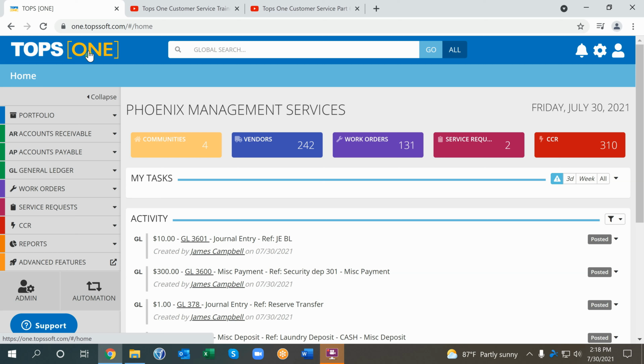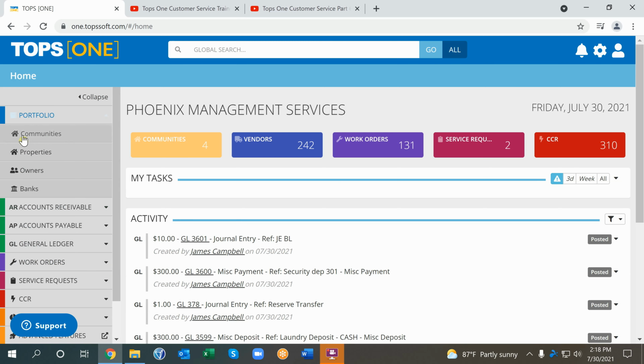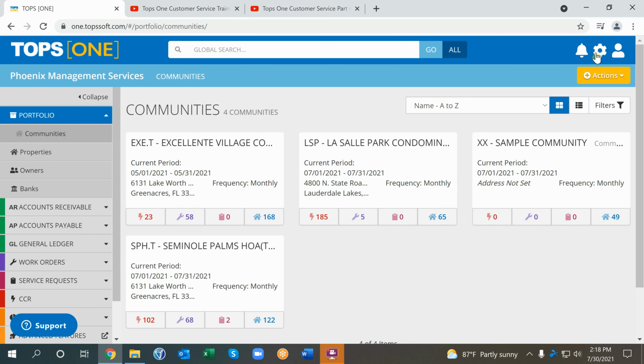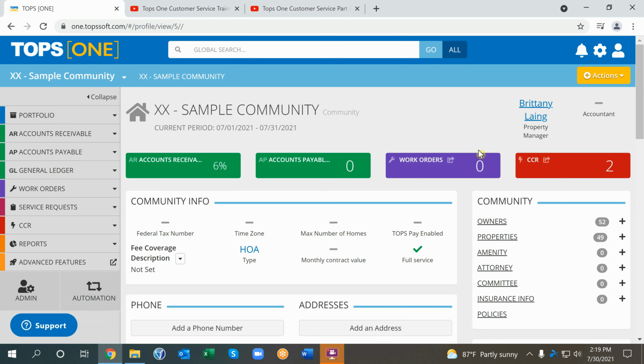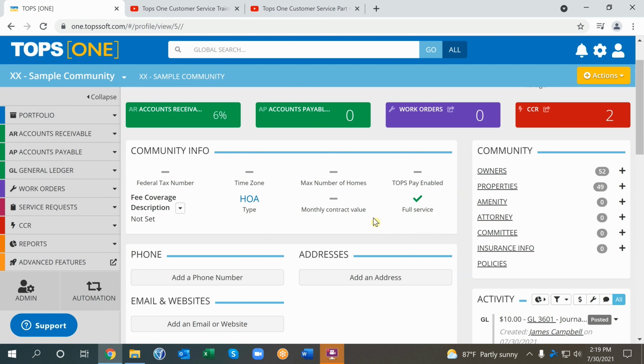Okay, now we're going to be going over our basic need to know for property managers. First things first, we're going to click on Portfolio, Communities. You're going to enter into the community that you wish to view. Let's do sample community. Once you're in sample community, this will just show you everything that you need to know